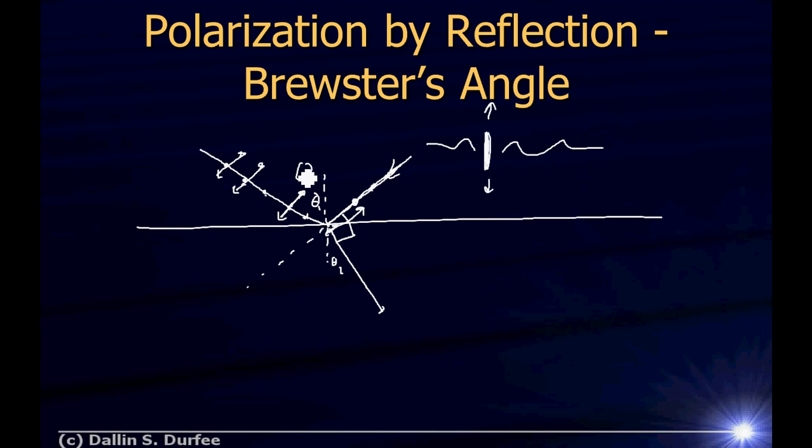Well, if this angle right here is Brewster's angle, this angle down here, theta 2, we know that n1 sine of theta Brewster is equal to n2 sine theta 2, right? That's our law of refraction. That's Snell's law. All right? But in order for this to be Brewster's angle so that we don't get any reflection, these two, the reflected and the refracted beams, have to be at 90 degrees to each other.